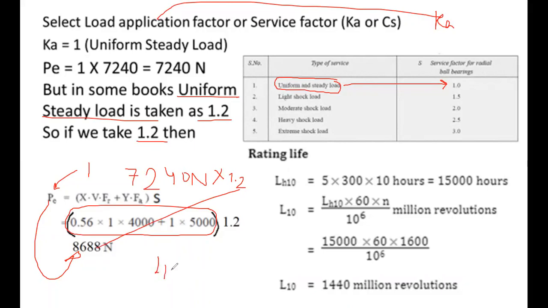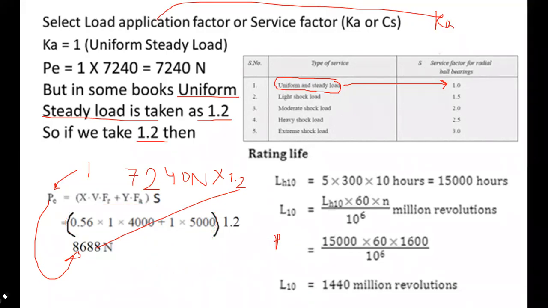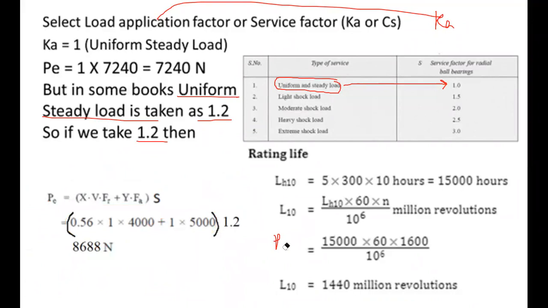Remember our formula? L10 is C upon PE raised to A. In some books, this is written as P. In some books, it is also written as say K, but the value is 3. We have found out this. We should find out this because we have to find out this. That is dynamic load rating. So let's do it. You can see here, our life is given as